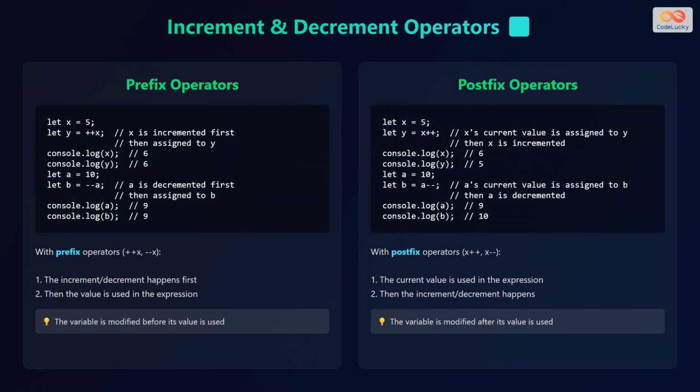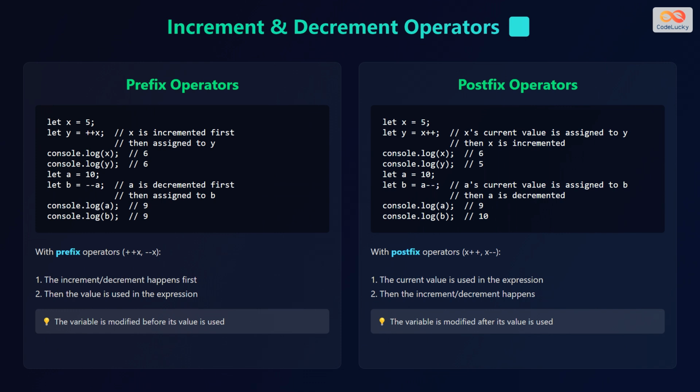Increment and decrement operators increase or decrease the value of a variable. Prefix operators like ++x or --x modify the variable first and then use its value. For example, if x equals 5, ++x first increments x to 6 and then returns the value 6. Similarly, with prefix decrement, if a equals 10, --a first decrements a to 9, and then returns the